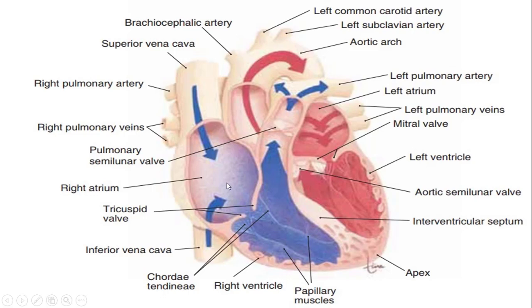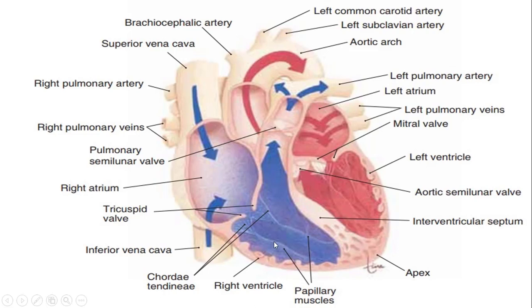The heart is composed of 4 chambers, 2 atria and 2 ventricles. The atria are low pressure capacitance chambers. Their function is mainly to store blood during ventricular contraction. So when the ventricles are contracting, the atria are storing blood, and to fill the ventricles with blood during ventricular relaxation or